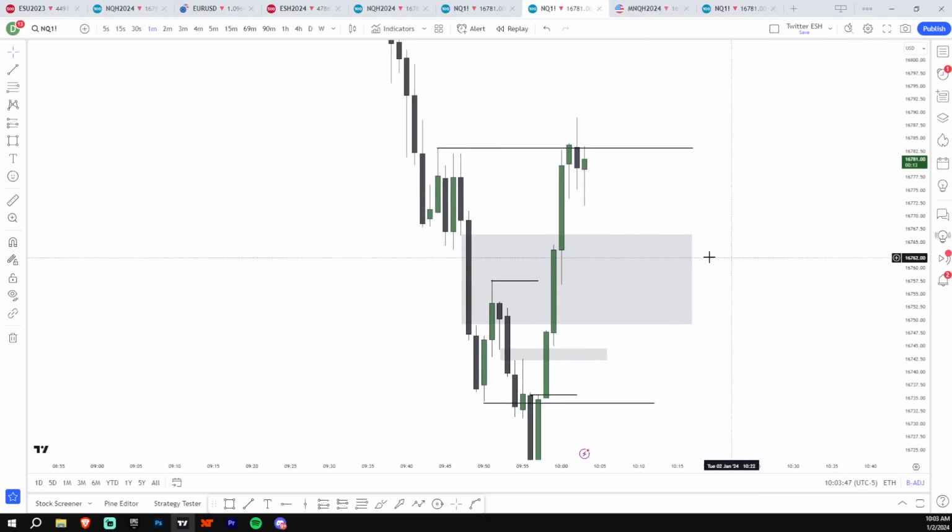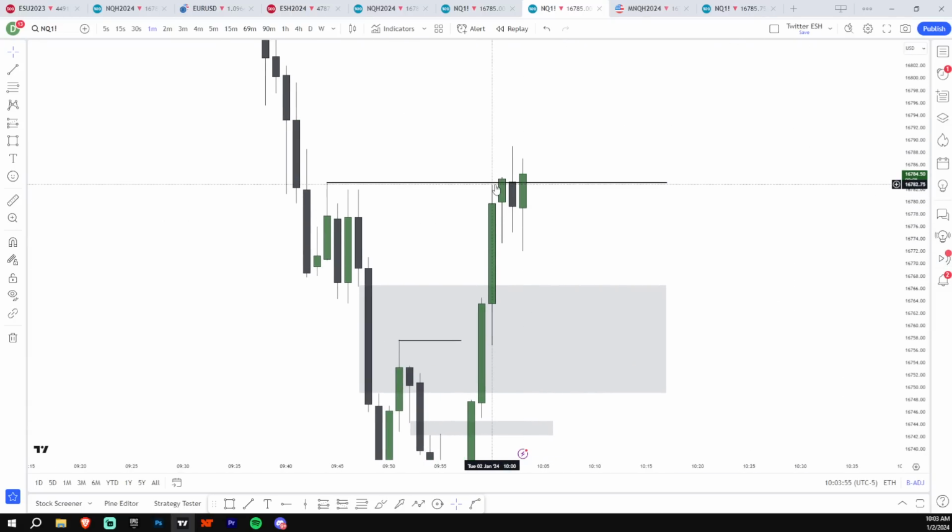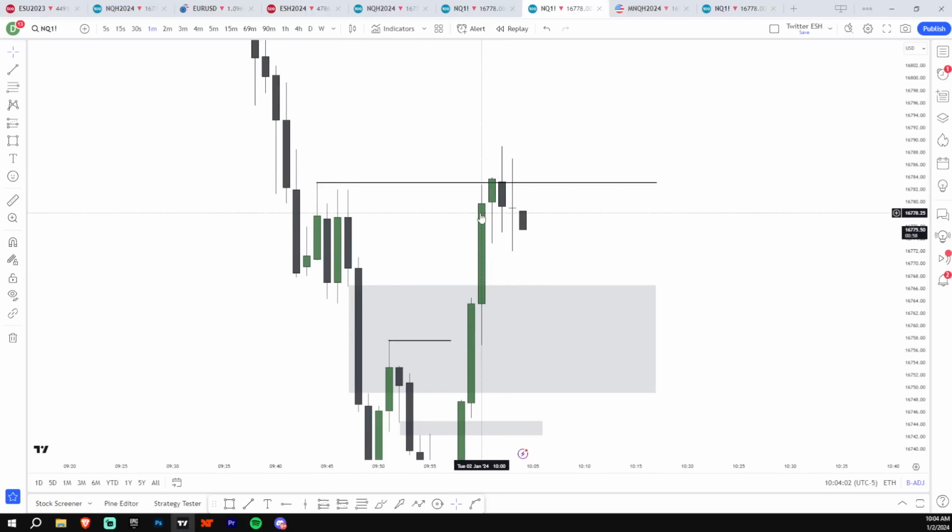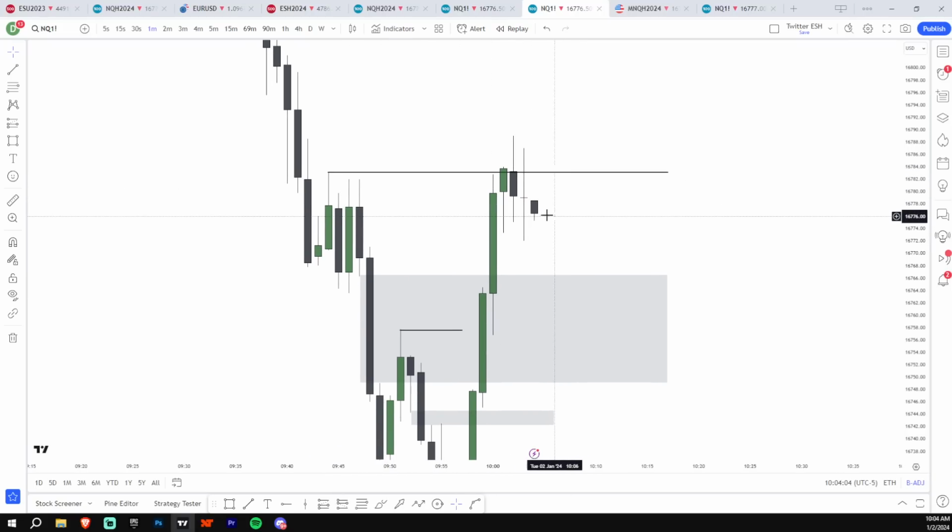Did anyone take this long and then just sell here? How many points? Even when I said it, this would have been about 7 points. See, it's not 10 points, so it kind of sucks. But I knew this high was gonna hit when I saw this candle. Is the risk reward worth it? No. Is the win rate high in it? Yes. It's just a stupid long. I don't know how to explain it.